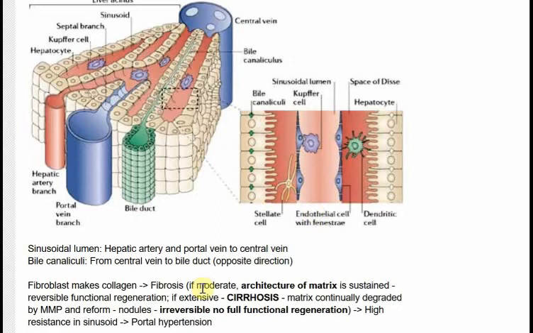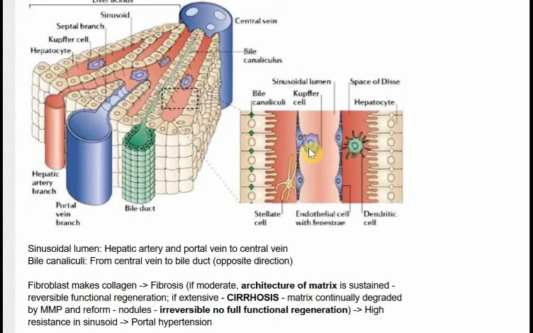Now, cirrhosis is irreversible. Okay, that's the key point. It's irreversible. But anything before all this chronic inflammation, in other words, fatty liver, for example, because alcohol gets converted into fat, or the acute inflammation phase, so the hepatitis phase, is reversible. So it's important that you tell your patients that they can reverse their hepatitis if they stop drinking.